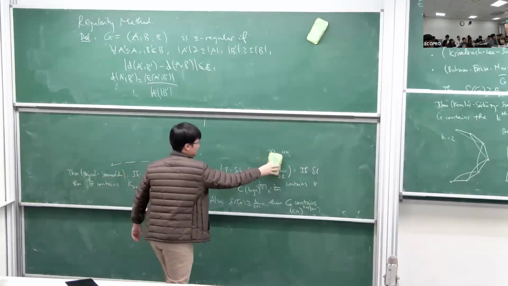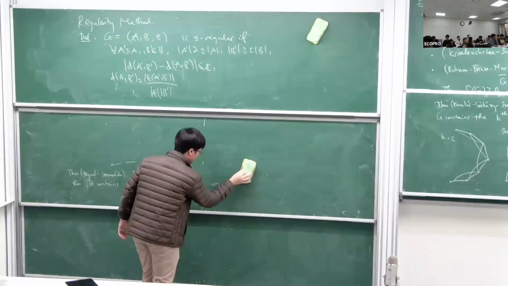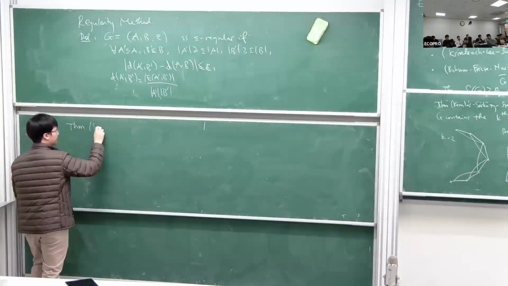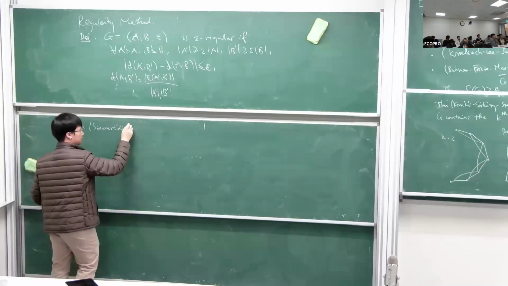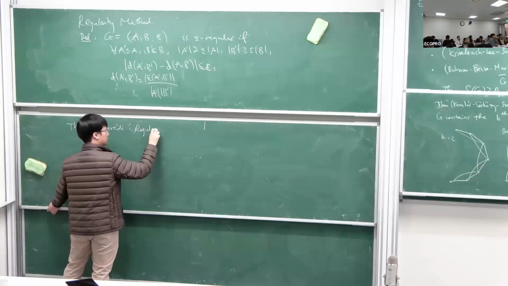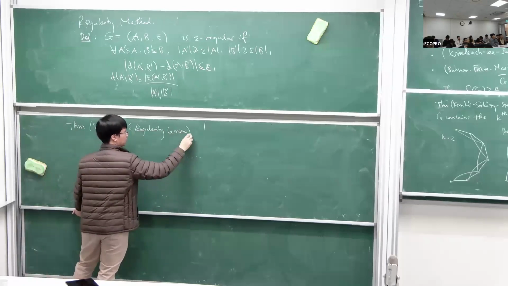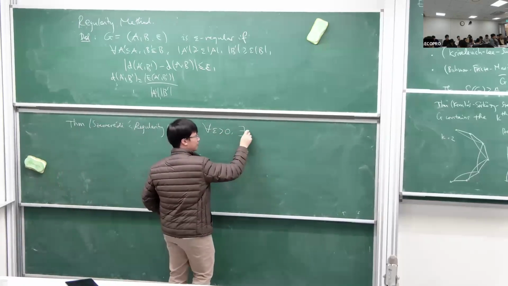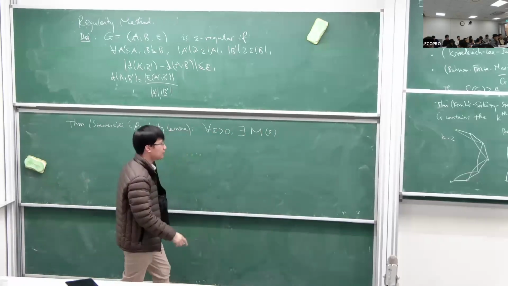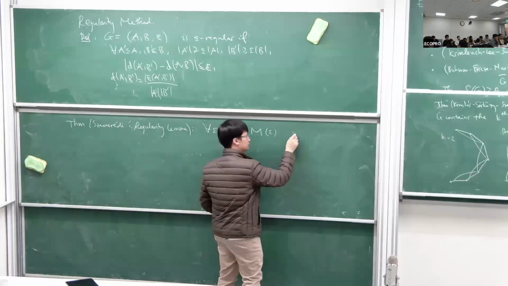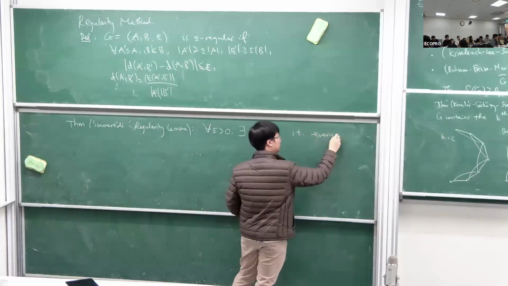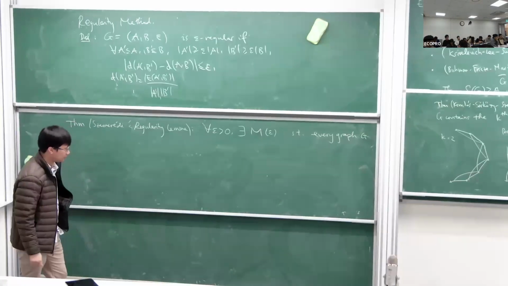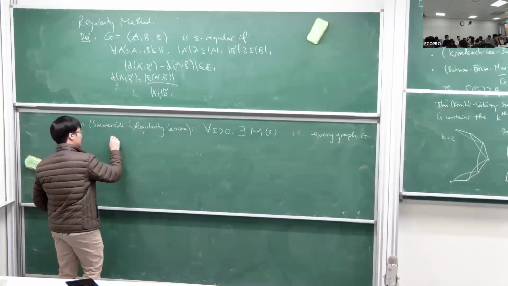A classical result in the regularity method is the regularity lemma, which is immensely powerful. Szemerédi's regularity lemma says that for every positive epsilon, there exists some finite number depending only on epsilon, an M of epsilon, such that every graph G, and you can assume that G has a large enough number of vertices relative to epsilon to make things non-trivial, admits